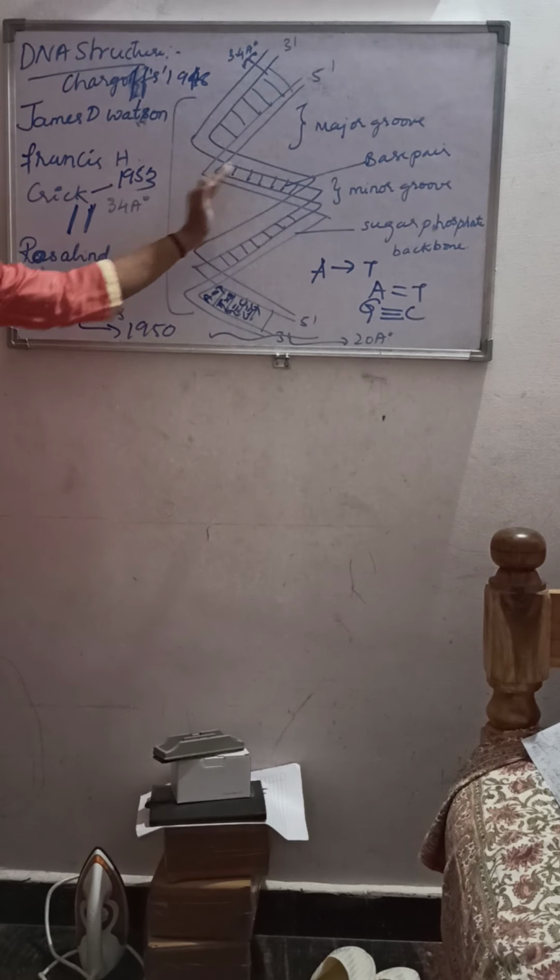It is made up of what? Two polynucleotide strands, and as I said, these two polynucleotide strands form a double helix. You can see here, these are the polynucleotide strands, which will form a what? A double helix. The only thing here is the twisted form like this. You can see here is the twisted form.